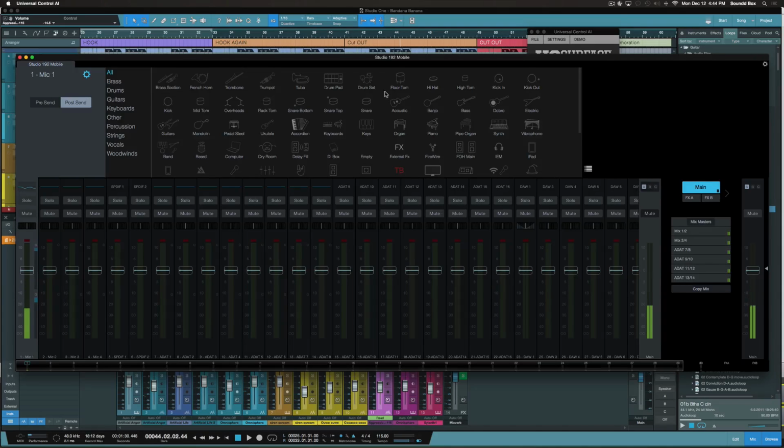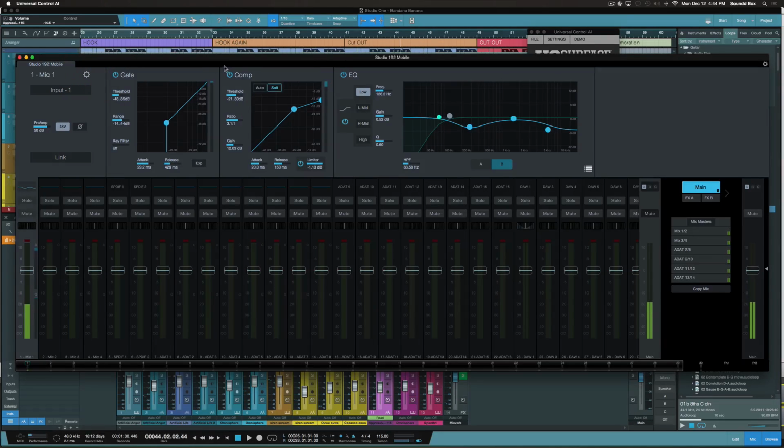I can label and give it some colorful and awesome icons, depending on them. You know what I mean? This is pretty cool. I like this. I love this. This is one of the reasons why I purchased the 192, and just the way that it sounds, period, is pretty awesome. All right, so